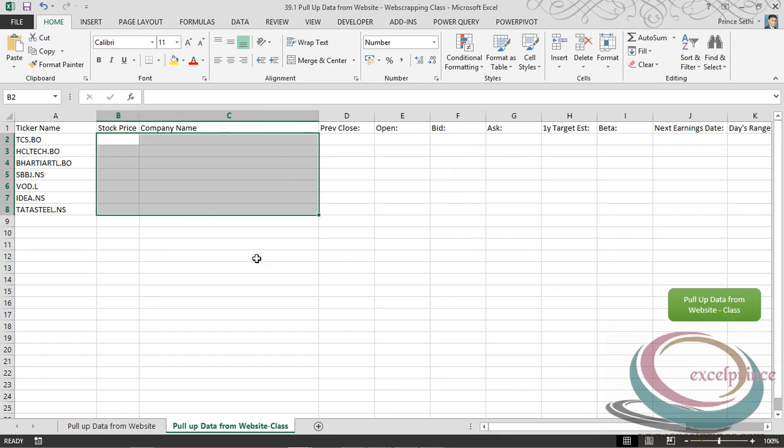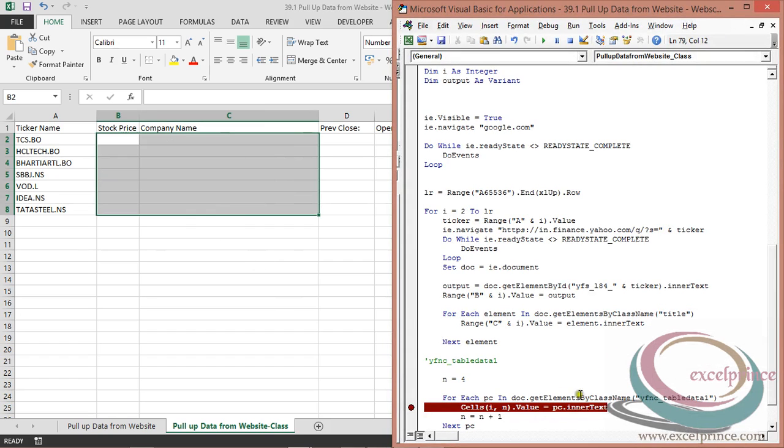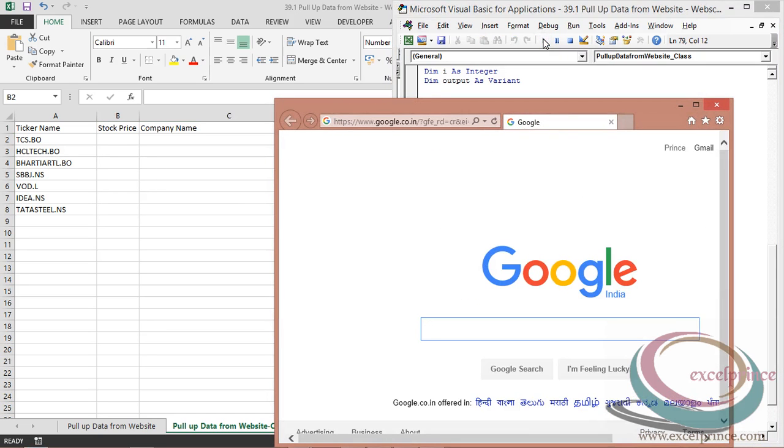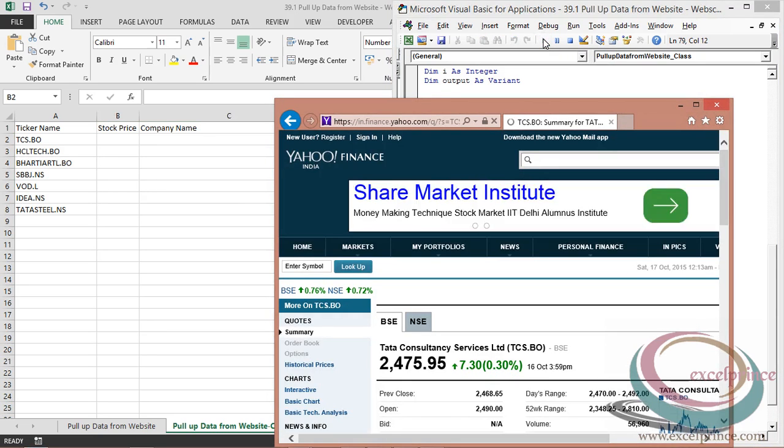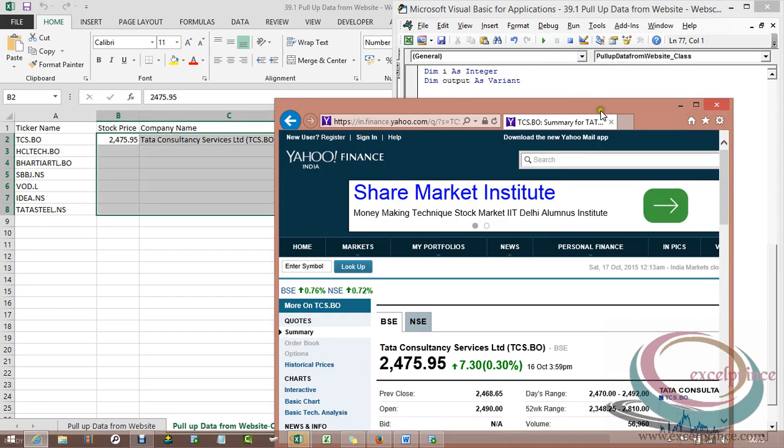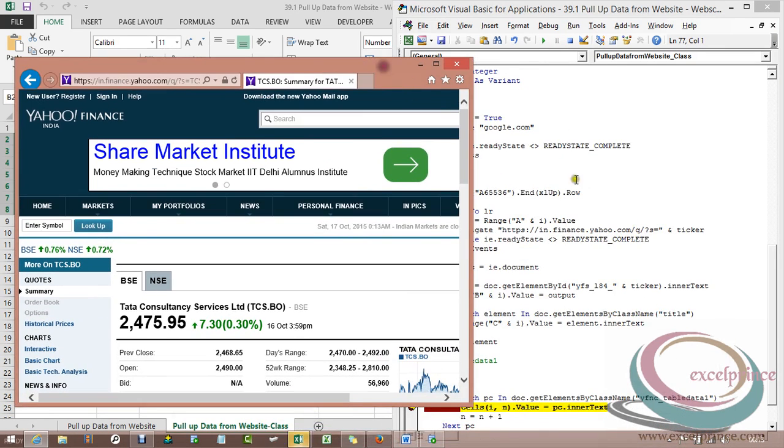Okay, so going to run this macro. So let me understand what will be the words which would come over there. So pressing F5. I think yes, it has reached my breakpoint.